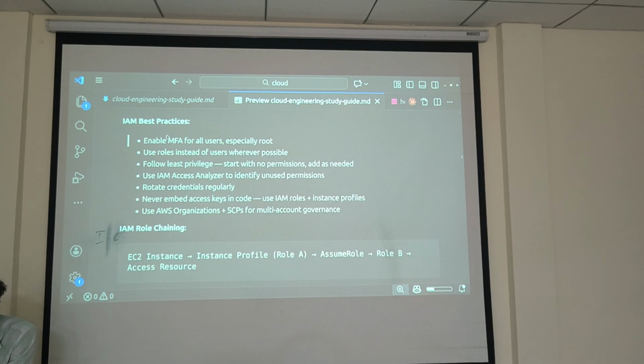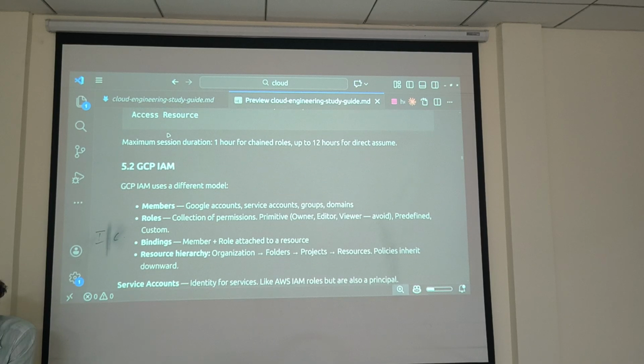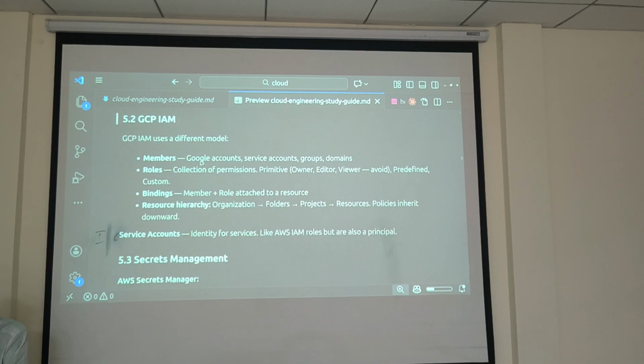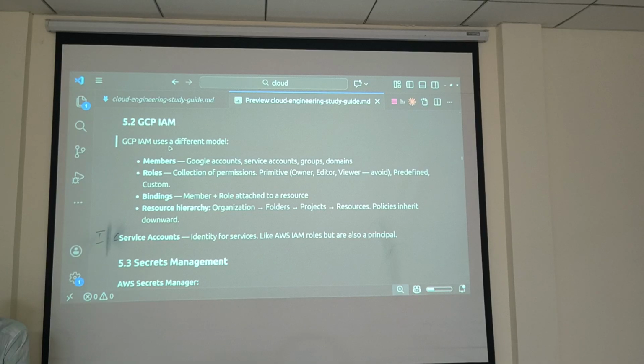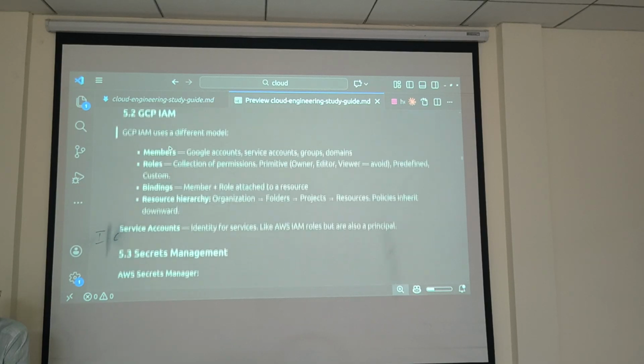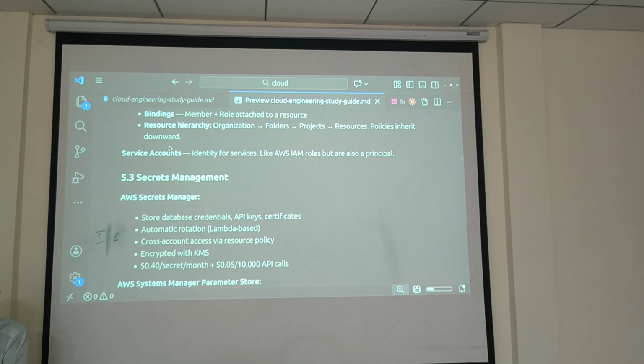So IAM is always the best practice initially, so definitely you keep with that. If you are sharing access with any other users, your colleague, or your friend, always keep some IAM admin properly. Okay, so this is the GCP IAM. Initially I showed things from AWS. This is GCP.